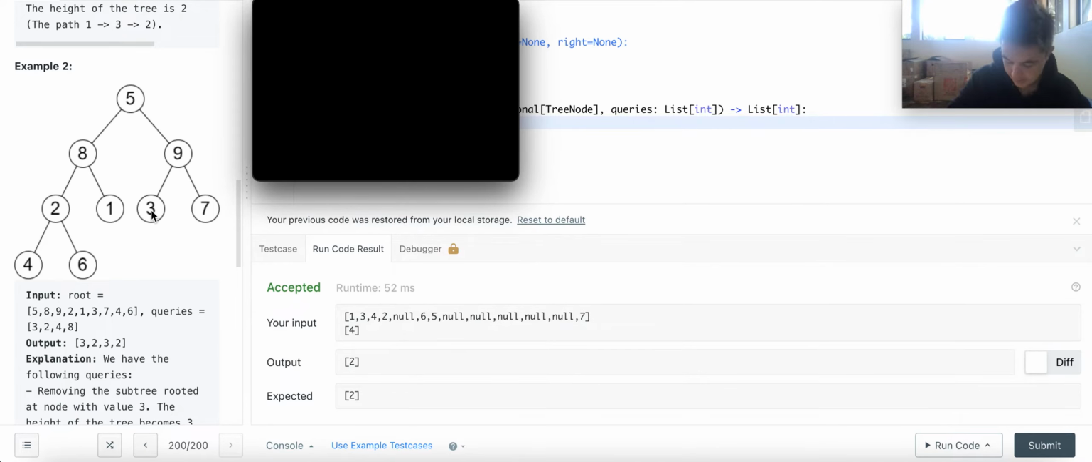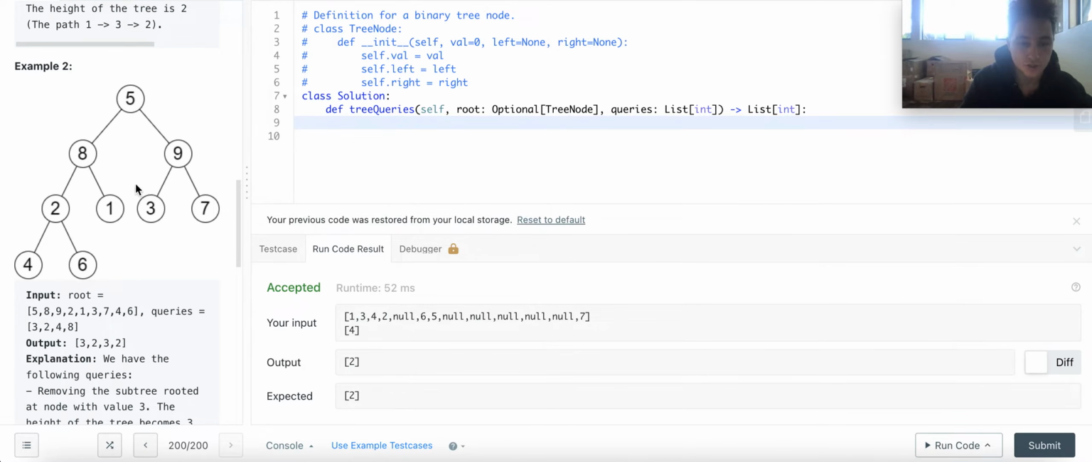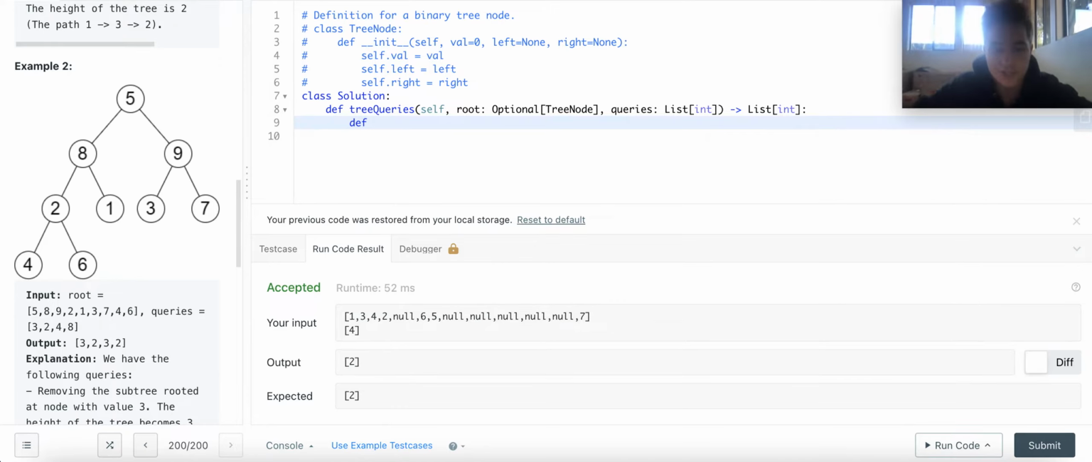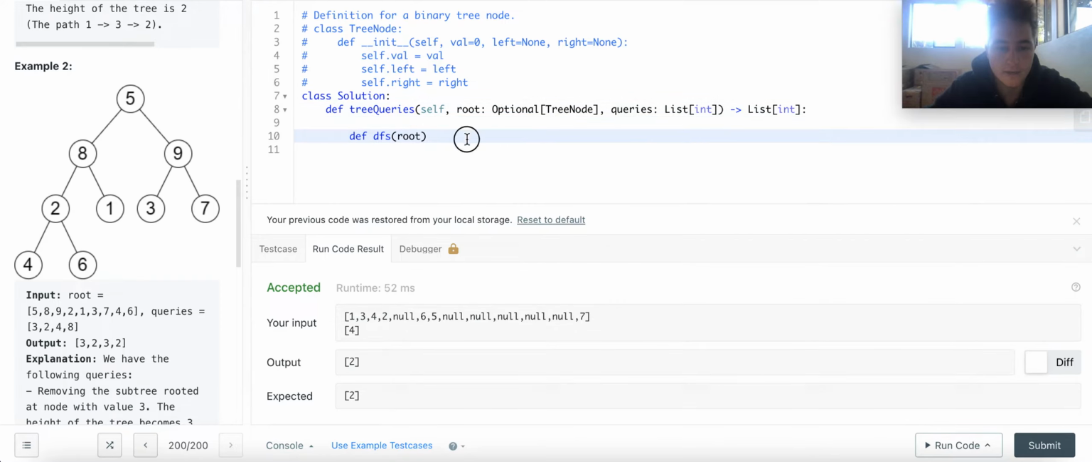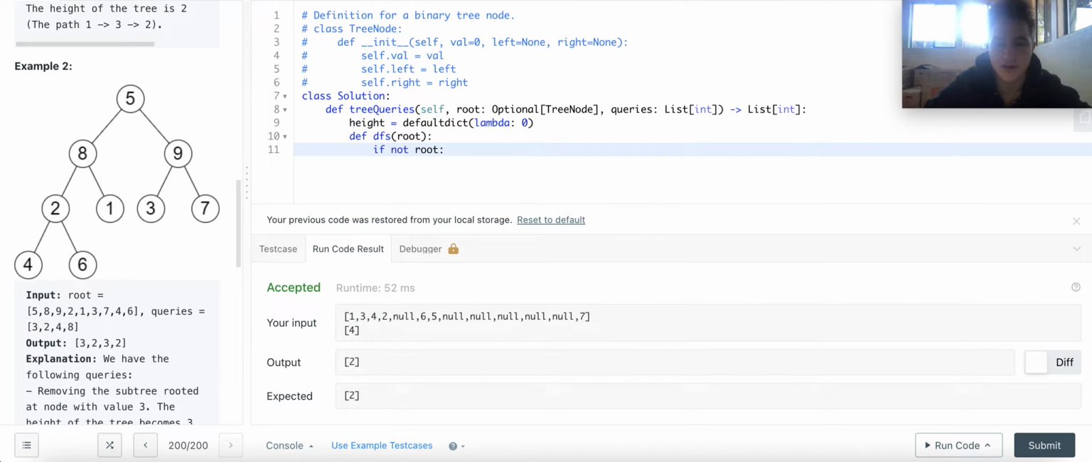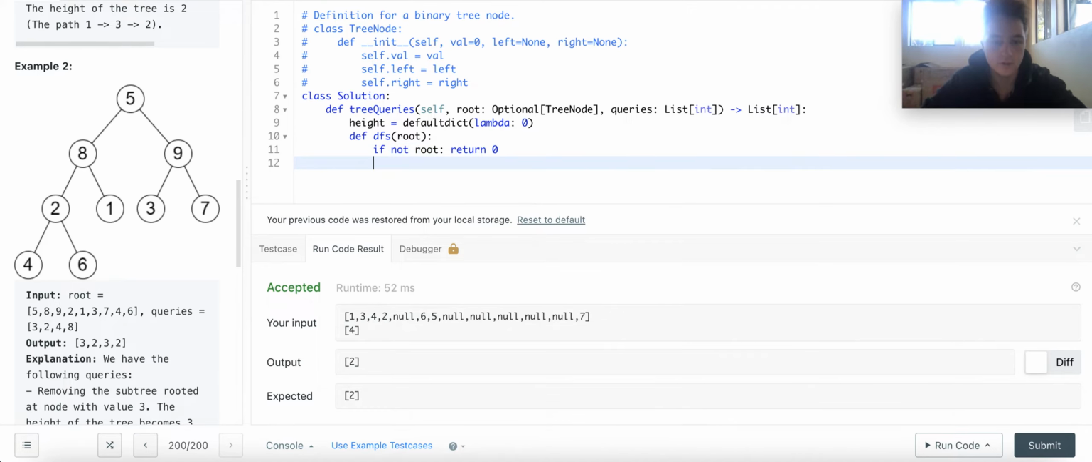I guess the idea, let's just first do finding the length of each subtree. So we'll run DFS on a node. We'll call it root. And we'll make a dictionary. We'll call it height. So that'll be the height of the subtree. We'll make it a default dict because we don't really know what n is. We just know that there's n nodes. So the default value will then be lambda 0. And if not root, so we've found a child that doesn't exist, we just return 0. Otherwise, the height